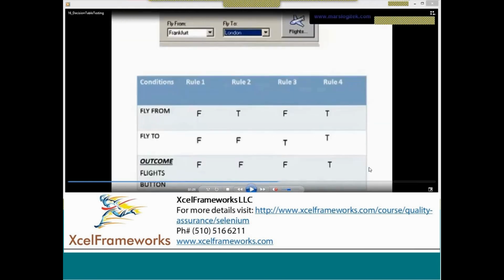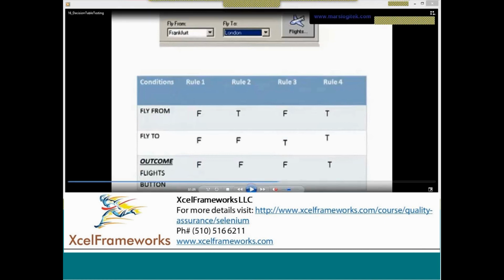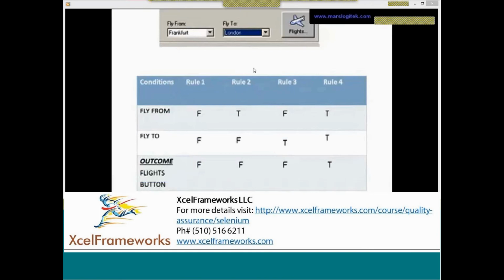See the beauty of this technique. Once you know the decision-making techniques, it's very easy to derive. Probably even interview questions are given on the same thing. Most people don't answer well.